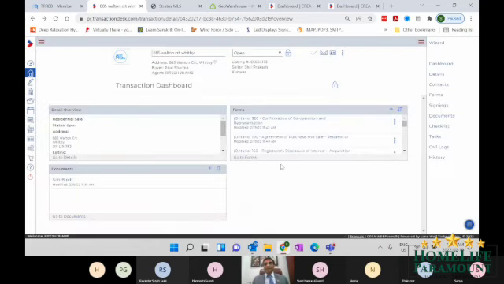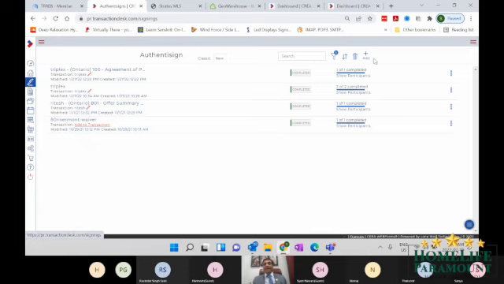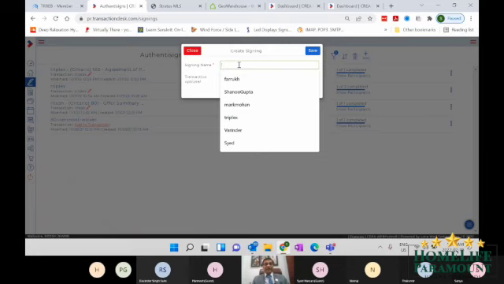And in this case, what we have to do is here, this is Authentisign. Authentisign, what does it do? It sends the forms for signatures to various parties. So I'll show you one by one. I'm going to click Authentisign. And here it says the add. I'm going to create a new transaction or the signing transaction. Signing name is